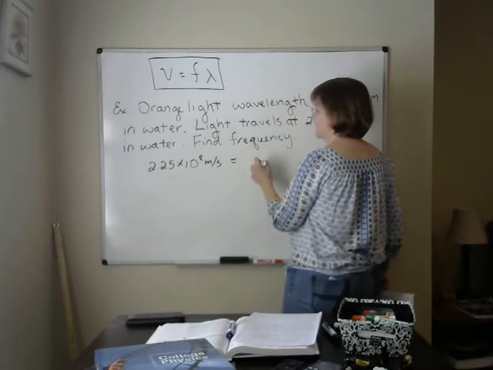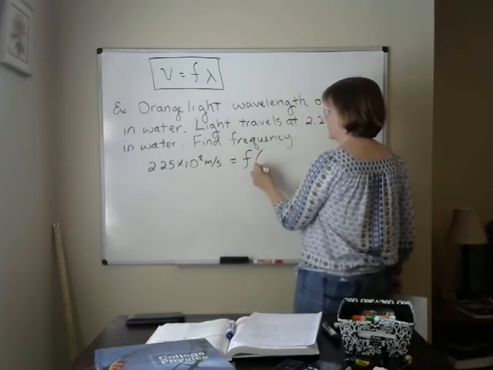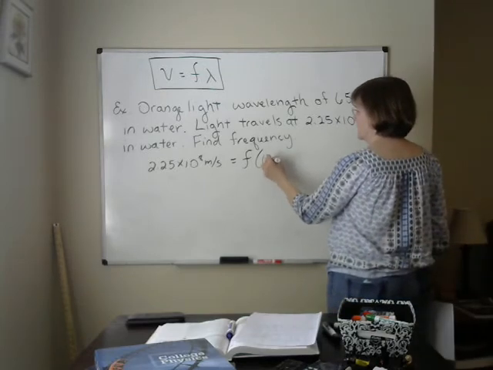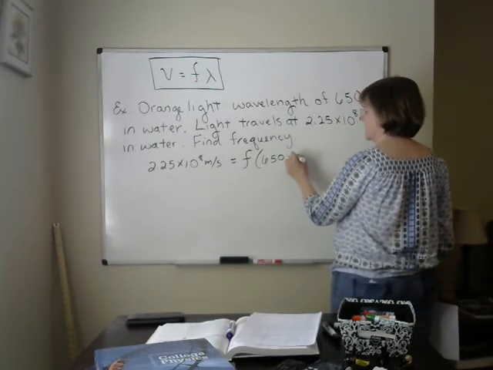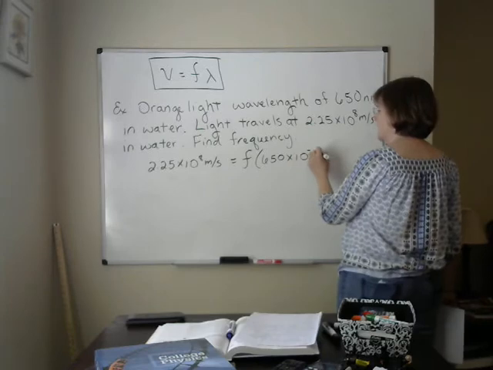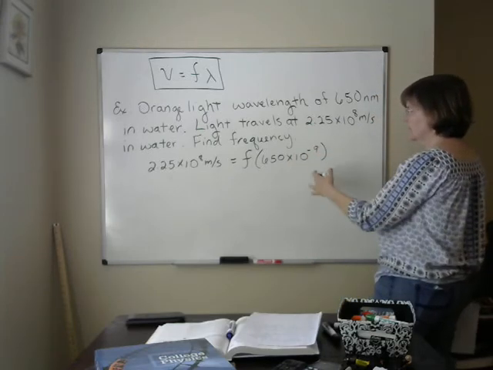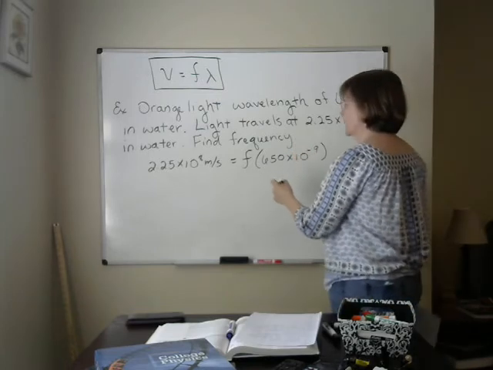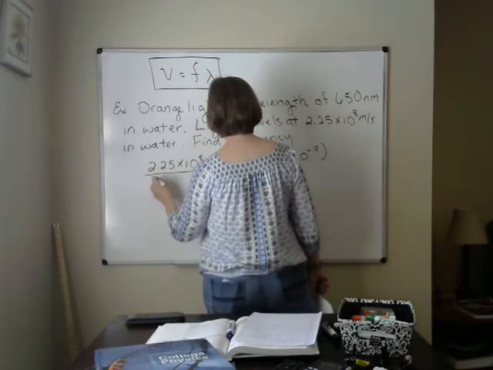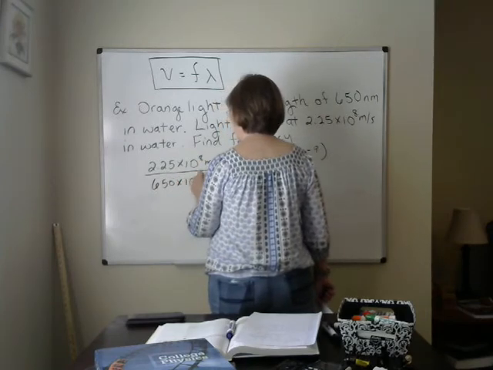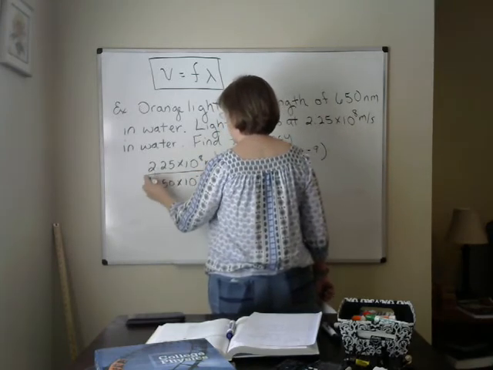We don't know the frequency, but we do know that the wavelength is 650 nanometers, 650 times 10 to the negative 9. So to solve, I'm going to do 2.25 times 10 to the 8th divided by 650 times 10 to the negative 9. Again, be really careful